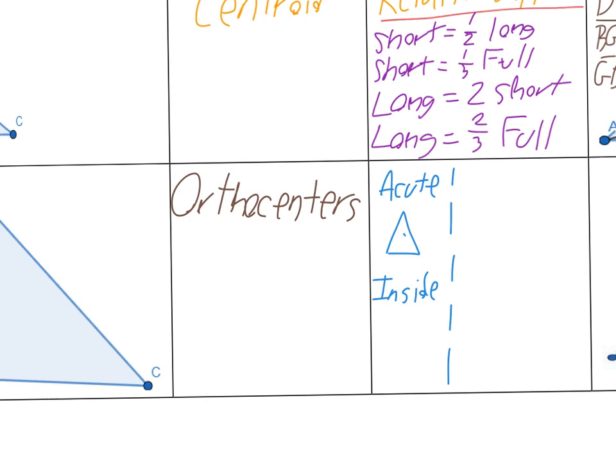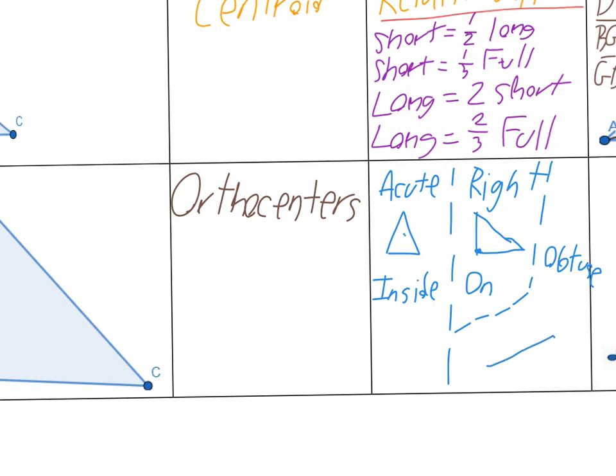If we're talking about a right triangle, then the orthocenter exists on the triangle. And finally, if we have an obtuse triangle, the orthocenter exists outside